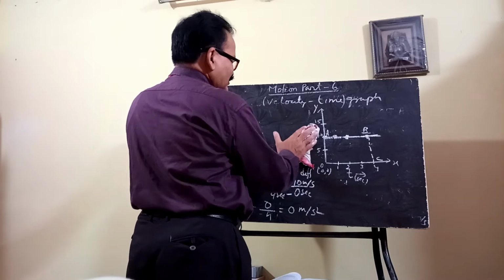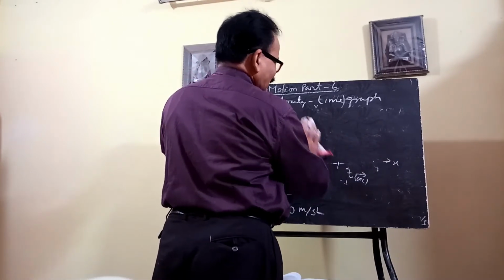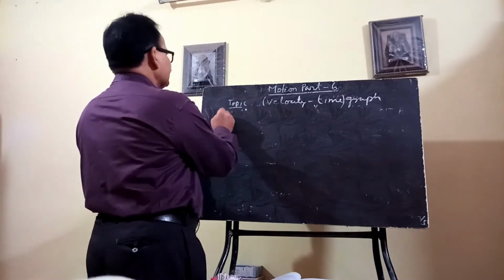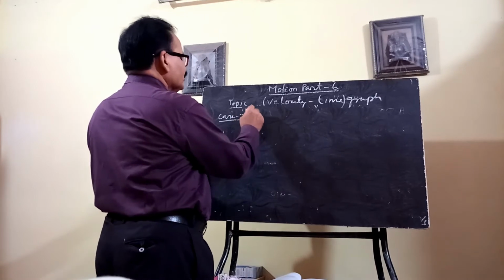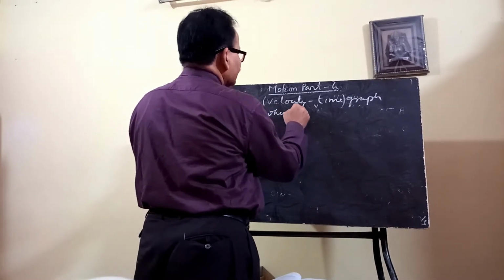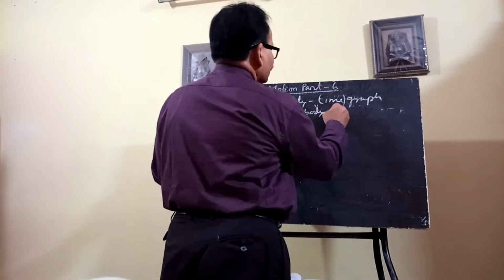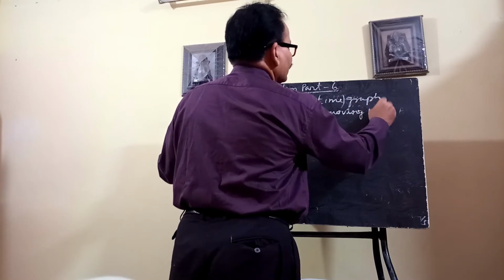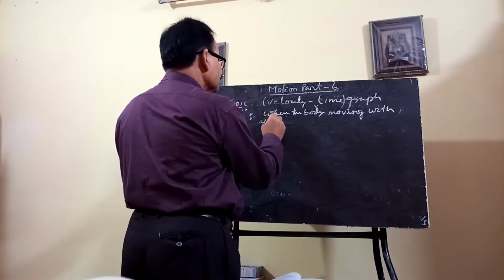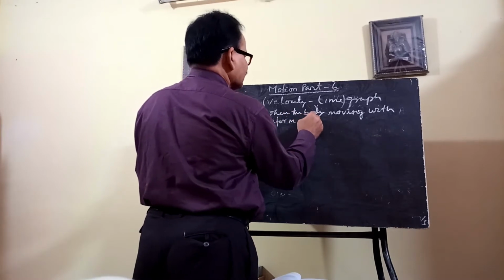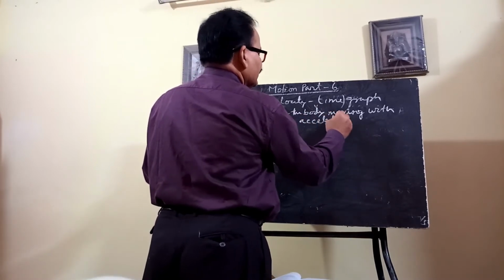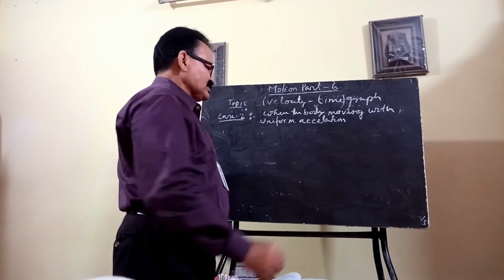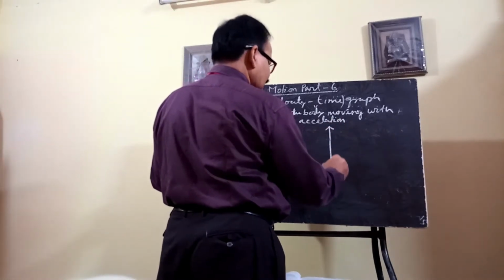Another type of velocity time graph. For that I have to remove this. Now case 2. In case 2, the body is moving with uniform acceleration. That means the body undergoes uniformly accelerated motion. In this case, the velocity time graph,